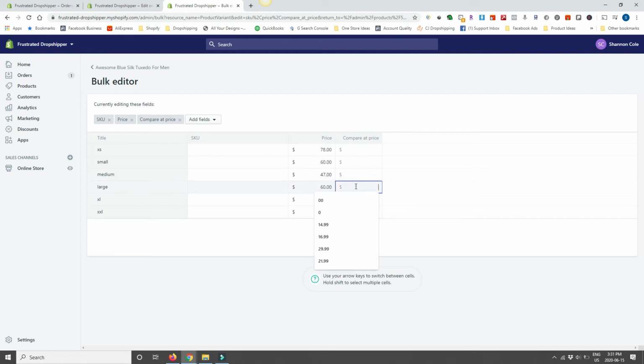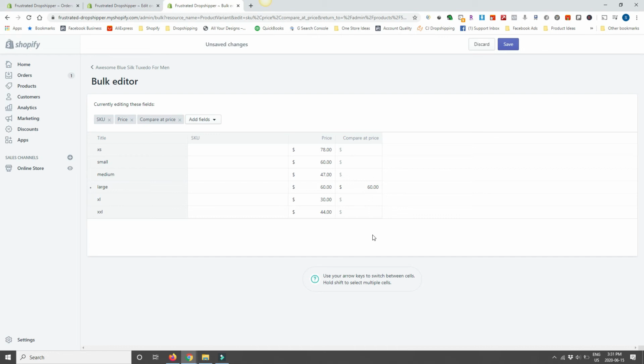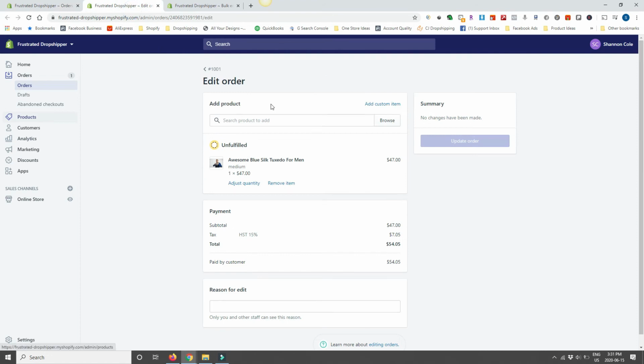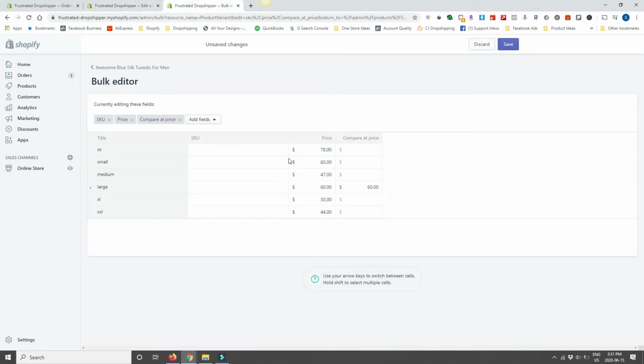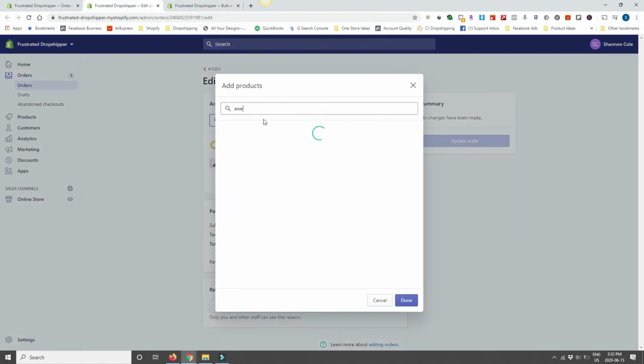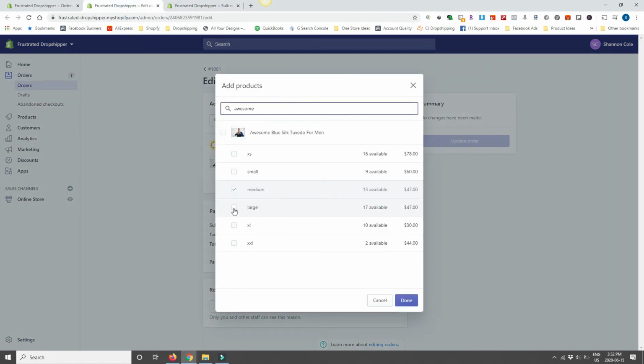So the first thing I want to do is put the original price here, so I know exactly what it was beforehand. So right now I'm all ready to go. I have my original order here showing the price of $47 and what shirt it was. I have my edit order here where I can go in and make my changes, and I have my product here. So to make this as fast as possible, the way that I would do it is I would have everything set up like this, and then I would go here, I'd go 47, I'd save it, wait for the confirmation to be saved,